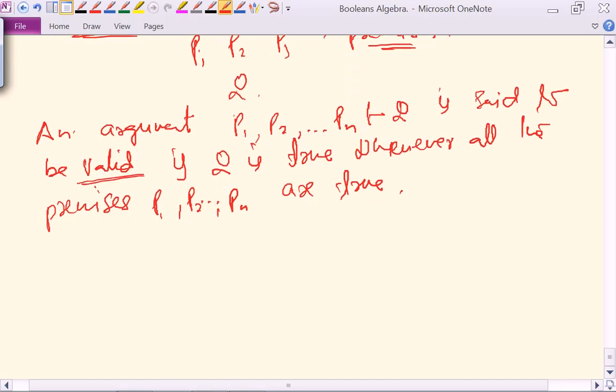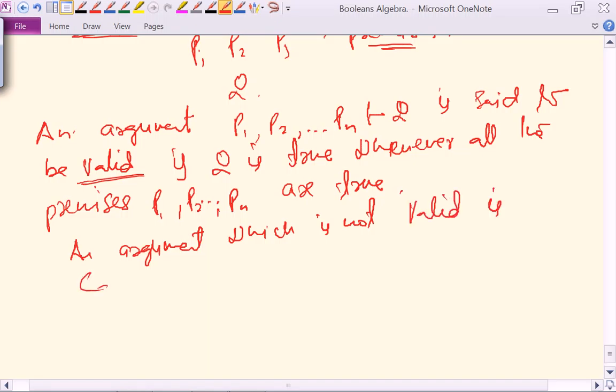और जो आर्गुमेंट आपका वैलिड नहीं होगा, सो दैट इज कॉल्ड एज अ फैलेसी। सो हम कहेंगे एन आर्गुमेंट which is not valid is called a fallacy, ठीक है।